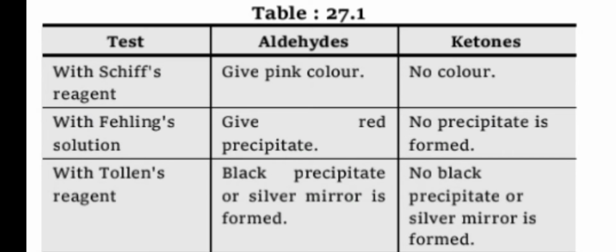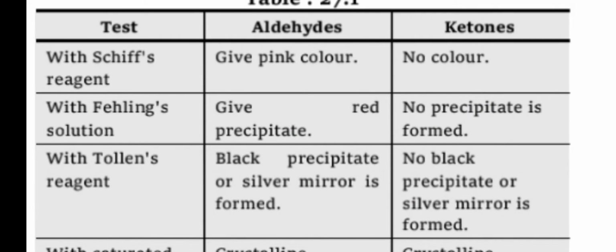Next one is with Tollens reagent. Tollens reagent, that is silver solution, black precipitate or silver mirror is formed. Aldehydes give silver mirror. Silver mirror means you have taken a test tube and take a sample that is aldehyde or ketone. If you find a silvery mirror, meaning a shining surface on the sample's test tube, that indicates presence of aldehyde in the compound,